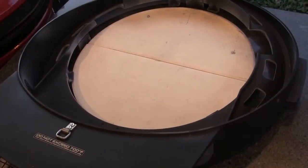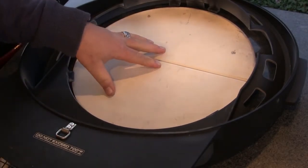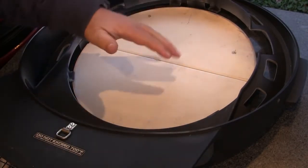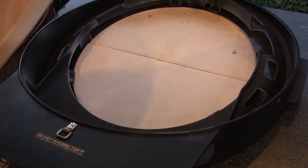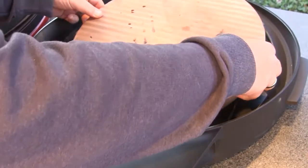The first stage in getting your DoJoe ready to cook is to put the heat deflectors in place, and these go oriented left to right on the gap. You need to install the front side first and then the back side, and then all you have to do is install the pizza stone on top right above that,